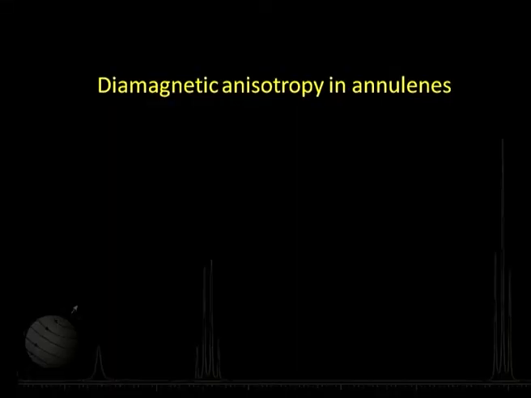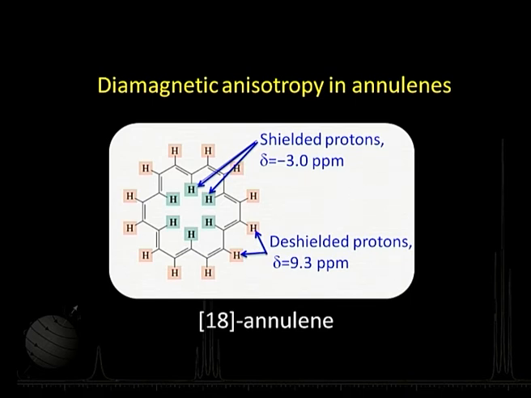Okay. Let us move further and talk about another very important class of molecules called annulenes. We will take an example of 18-annulene. The significant thing I want to bring home is that the observed chemical shift for these protons, which are shaded in green here, these extremely shielded protons, is about -3 ppm. That means they go even upfield of the TMS signal, much larger than that. That means they are exceedingly shielded protons.